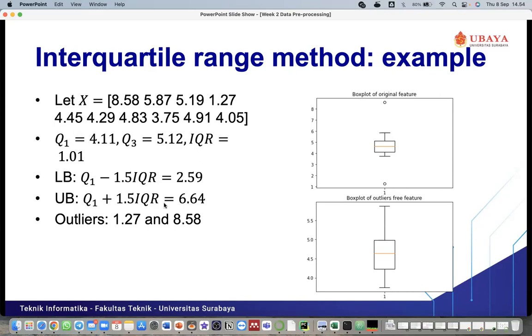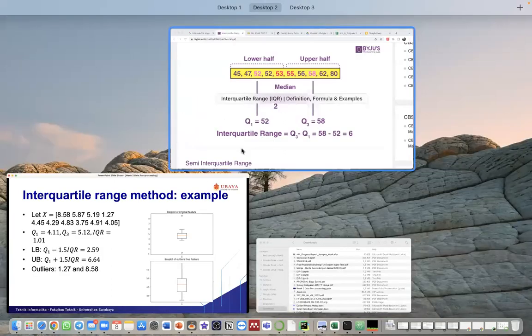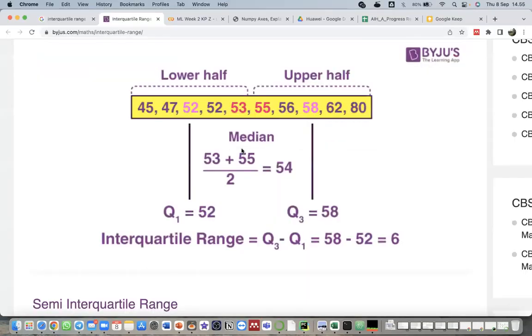What if somehow in the data we found that there is a median value for the upper bound? For example, the 54 is inside the data. So is the 54 included or not? Wait. So in this example, we have 1, 2, 3, 4, 5, 6, 7, 8, 9 and 10. So yeah, I think it is included.